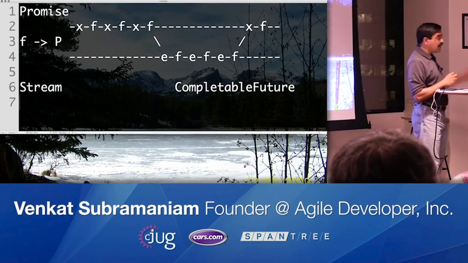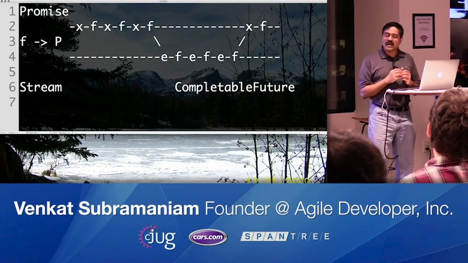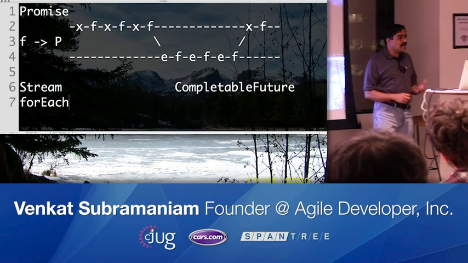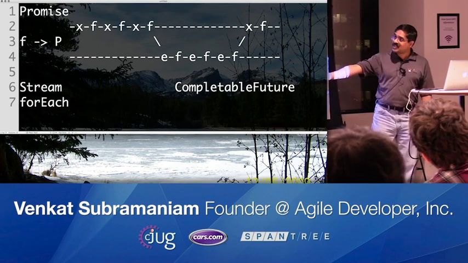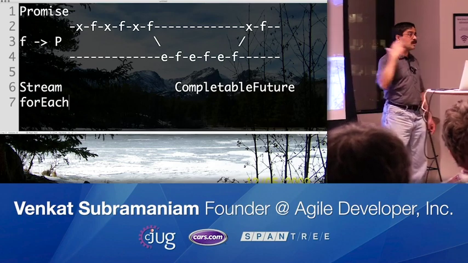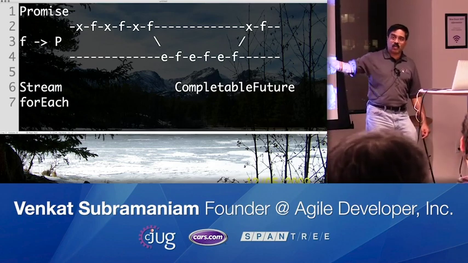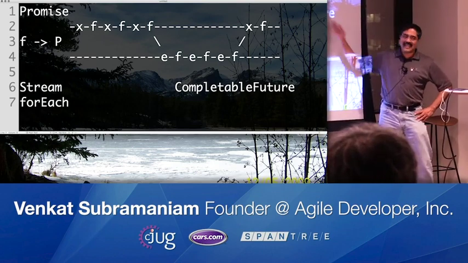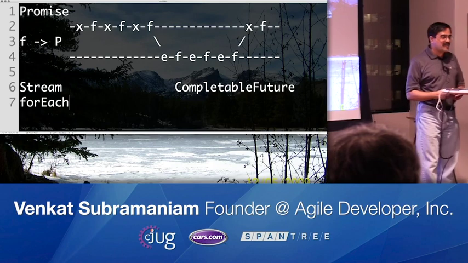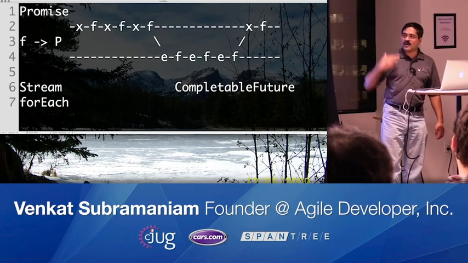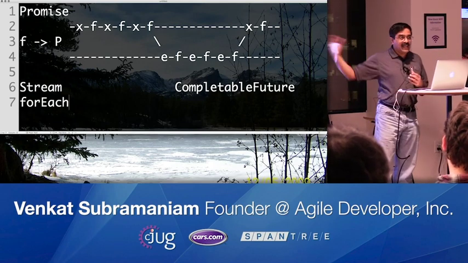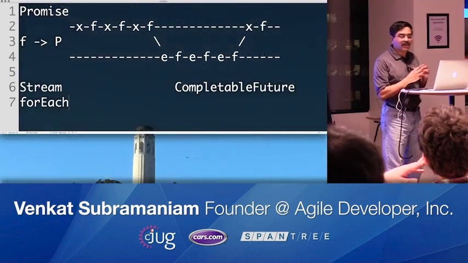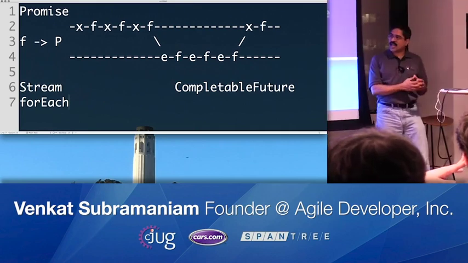But having said that, in the streams API, there are some very common methods we use, like a forEach method. And a forEach method makes really good sense because a stream is dealing with many different values, 0, 1, or more. So for each of the values you want to do something, so that makes really good sense. The word forEach makes really no sense for completable future, that we can see, because there's no each. There is either one or nothing, isn't it? But then how do we really deal with it on this side? Well, before we talk about it, I want you to think about forEach just for a minute. Do you remember what the parameter type of forEach is?